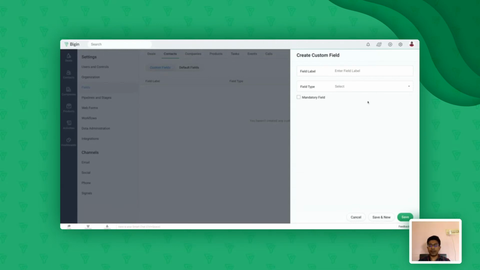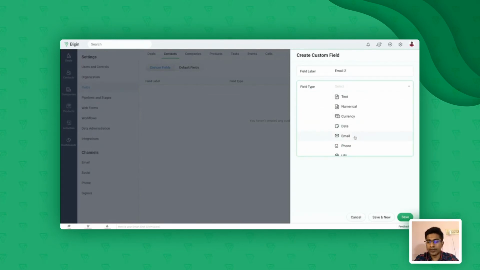For example, if it's going to be an additional email field, I would select it as an email. Same thing if it's going to be a phone field, to capture a phone number, select the appropriate type.